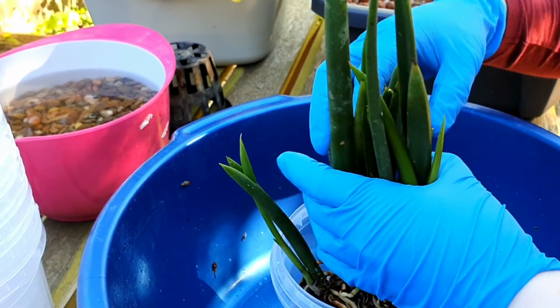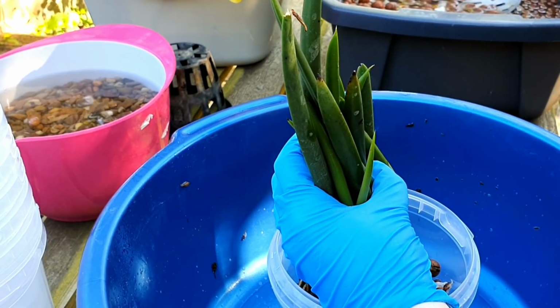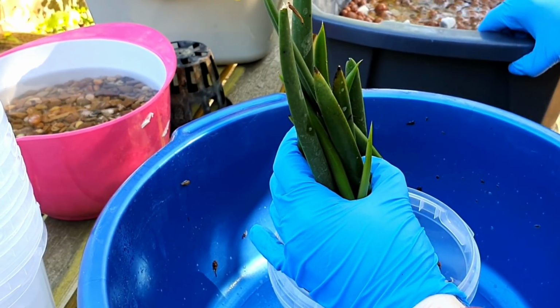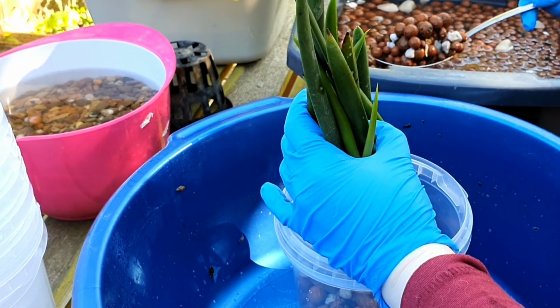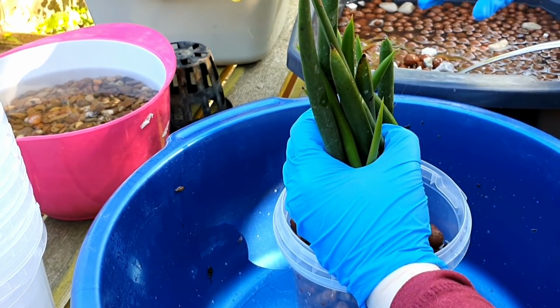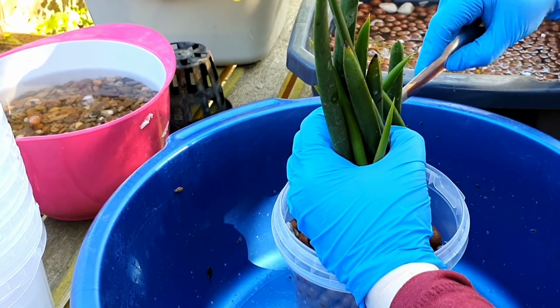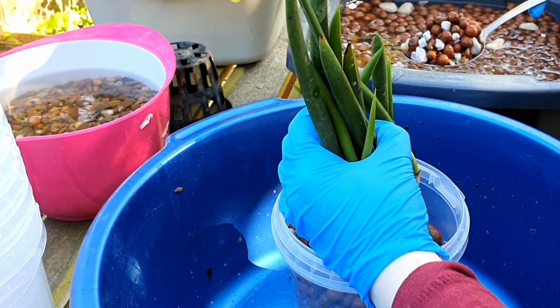So what I often do is slightly twist the orchid as I'm putting it in, which helps the roots to spread rather than being in a big chunk and then just filling them around with media, which can mean that you get little air pockets in the middle of the orchid, which is fine with traditional potting media, but with semi-hydro or leca or any self-watering or wicking system, you want maximum contact between the